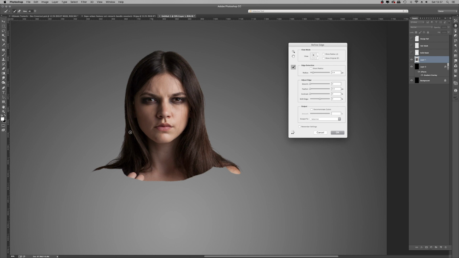So pushing up the radius of the refine edge picks out some of the edge details. It's not perfect, but for the purpose of this composite it works perfectly fine.